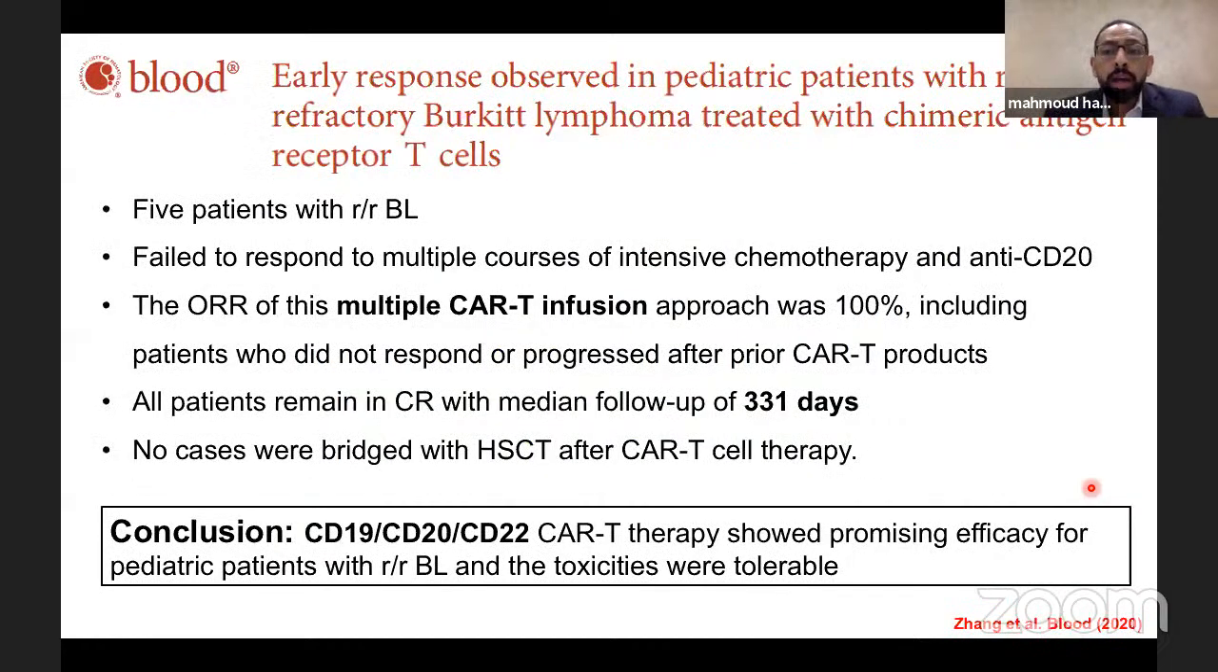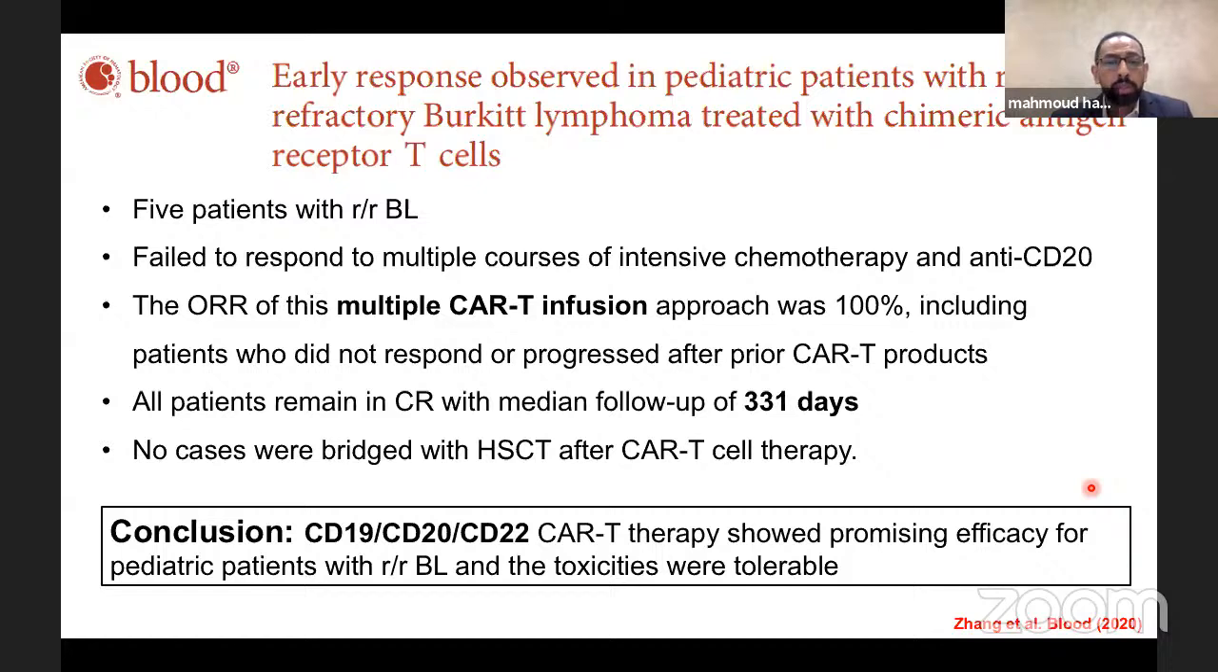The last study that we have is the chimeric antigen receptor T cell, used in a fashion like a multiple CAR T cell infusion. It showed that the overall response rate almost reached 100%, even in patients who failed to respond to multiple courses of intensive chemotherapy and rituximab, and even in patients who progressed after prior CAR T cell. They achieved a complete remission with a median follow-up reaching 1 year, and none of these cases were bridged with stem cell transplantation. They concluded that CD19, CD20, CD22 multiple CAR T infusion has a promising efficacy in pediatric patients